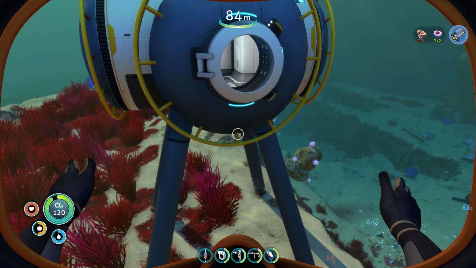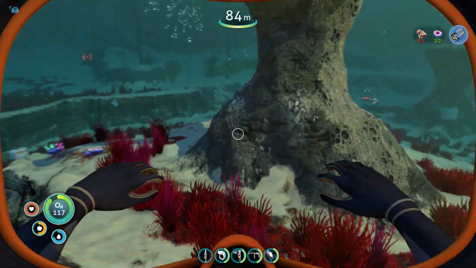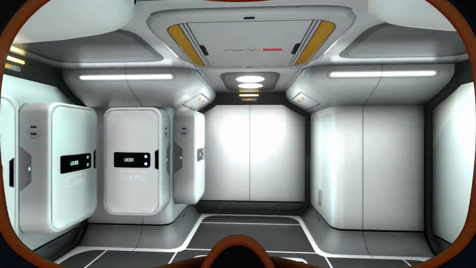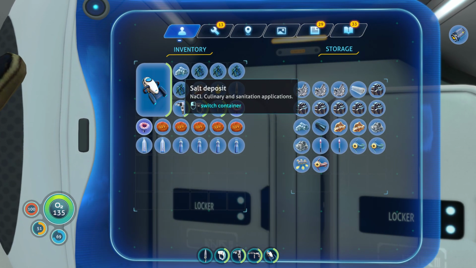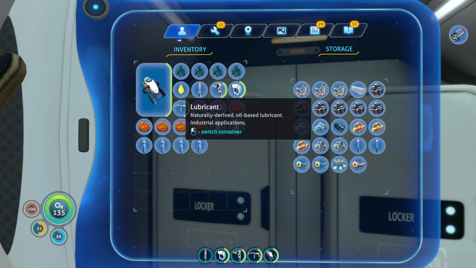Alright, so with that being said, when we get enough Seamoth fragments, which we only need 1 more, then we're going to be set. Okay, let's clear some of our inventory, and then we're going to go out to the kelp forest. Welcome aboard, Captain. And we're going to get some more stuff there. Okay, we're going to put that in there. We're going to put salt in there. That'll be fine for now. We'll put the gold in there. We'll put